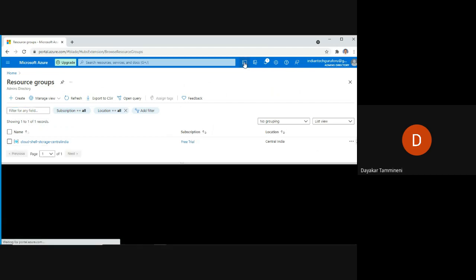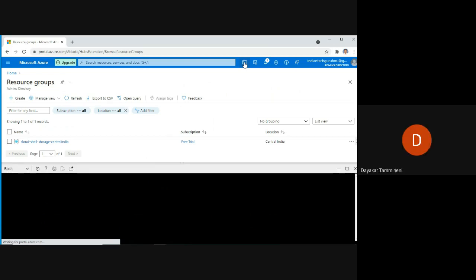If you click on that, then the Cloud Shell window will be opened. So there are two different implementations as far as Cloud Shell is concerned. What are they? PowerShell, Bash Shell, sir. Very good. PowerShell is one implementation which is like DOS commands. So Windows-supported DOS commands, whereas Bash is like Linux commands.